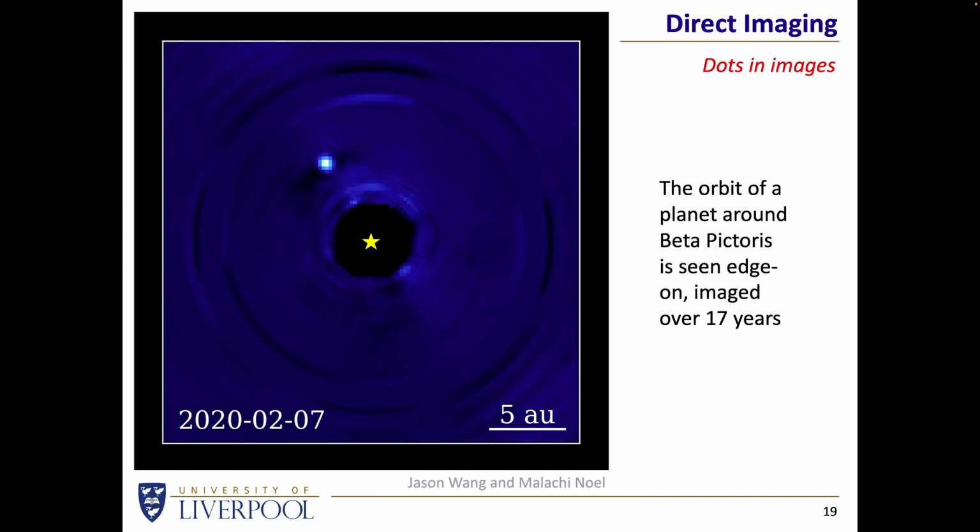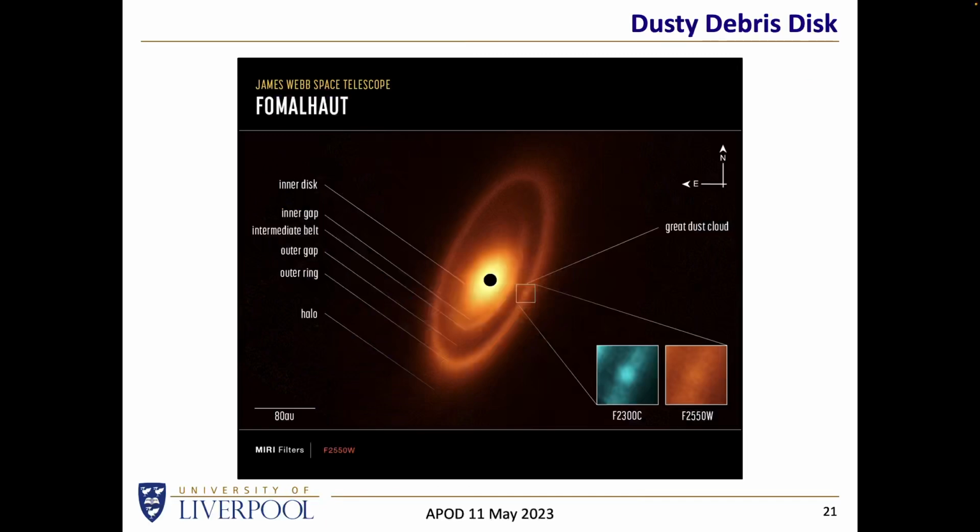With transits, you have to have the planet moving in front of the star in order to get a dip. But with direct imaging, as long as you can block the light from the star, you can effectively pick up relatively faint planets. In this particular case, this was again imaged over quite a few years, in this case 17 years or so. This idea of blocking out the central star, here the occulting disk is actually blocking out the